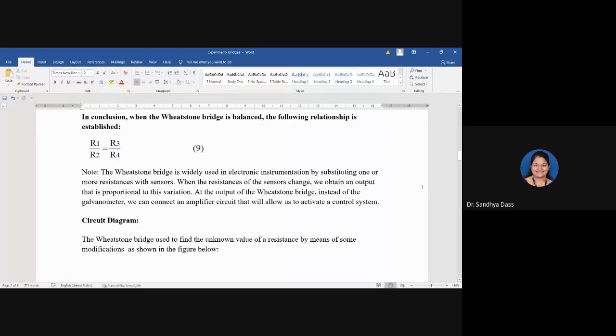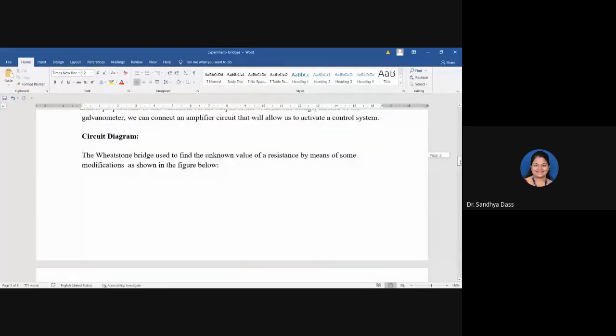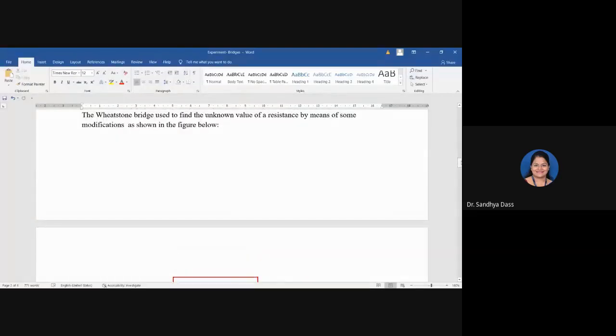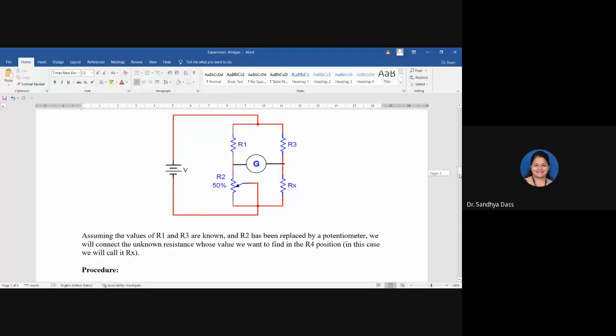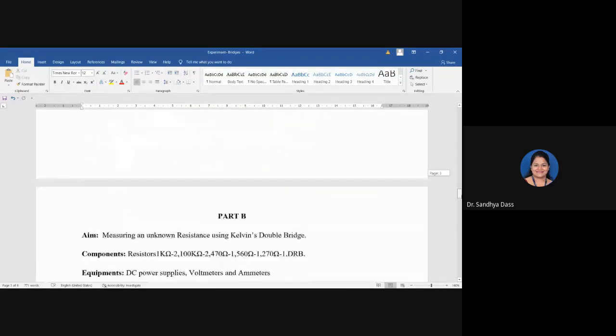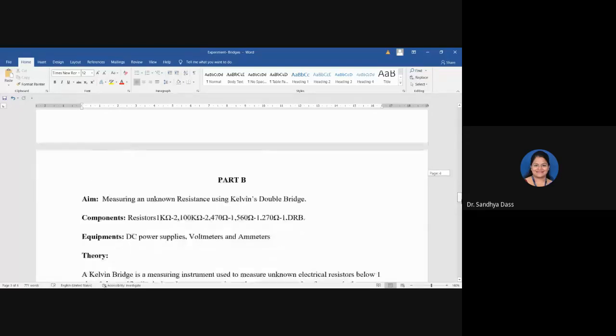So the Wheatstone bridge is typically used to measure resistances, that is change in resistance, where the resistance value can vary from 1 ohm to 10 kilo ohms. Typically using this Wheatstone bridge network, you can measure an unknown resistance whose value can vary from 1 ohm to 10 kilo ohms. All right, so that is what the Wheatstone bridge is about.